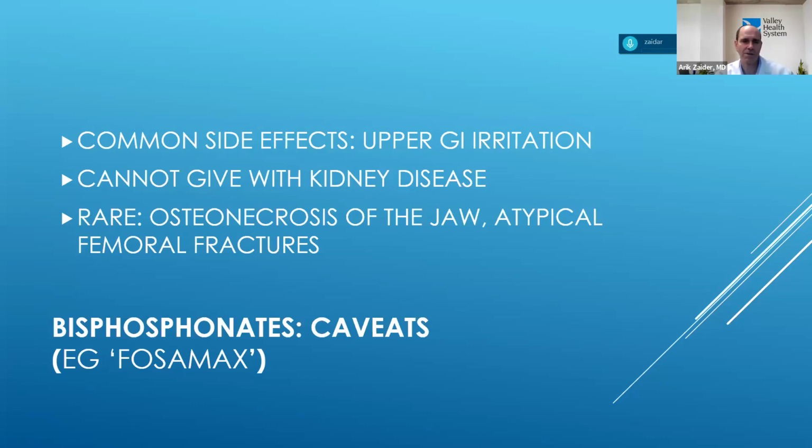But what is osteonecrosis of the jaw? It's a condition in which, usually after dental work, if there's surgery that occurred in the jaw or involving the jaw, people can sometimes develop ulcers that don't heal. That can be treated and dealt with, but it's obviously a serious problem we want to avoid. Atypical femoral fractures are like hip fractures that happen spontaneously in patients who are on osteoporosis medicines. Now, of course, if you were to read this and Google it, you'd get very concerned and you'd say, you know what, not for me, I'm not taking any of these medicines. But they are exceedingly, exceedingly rare.